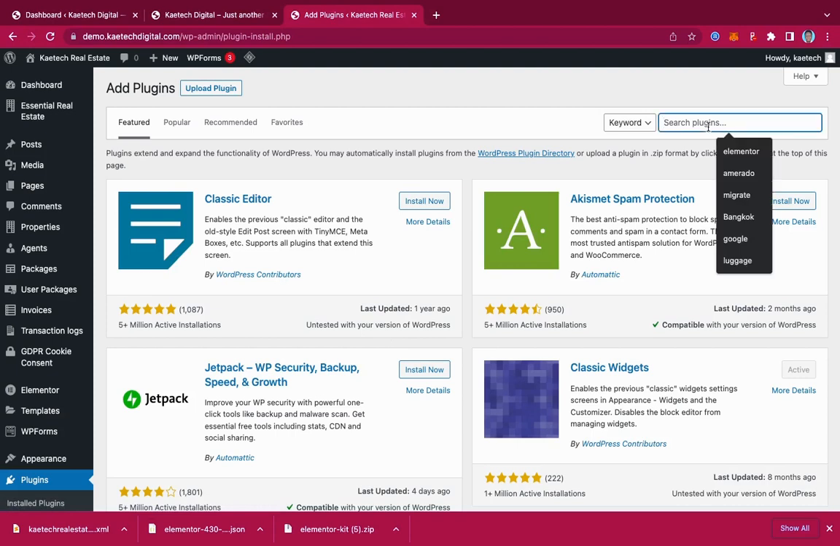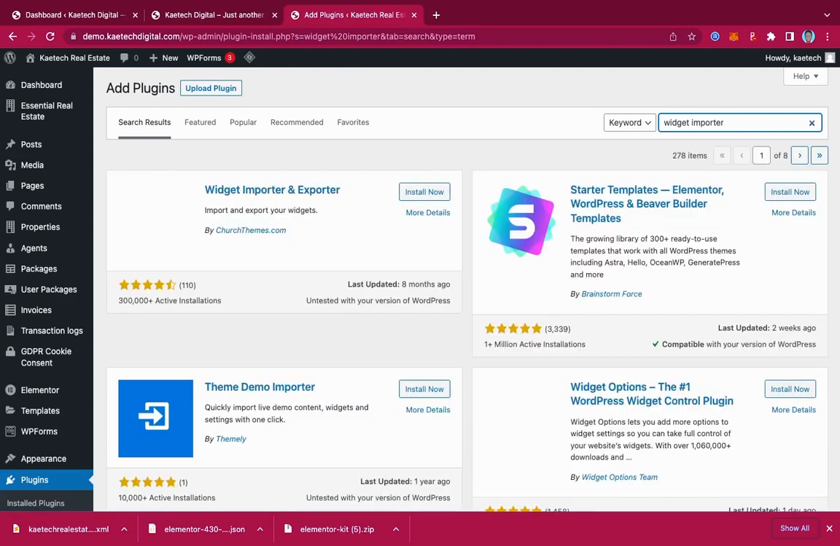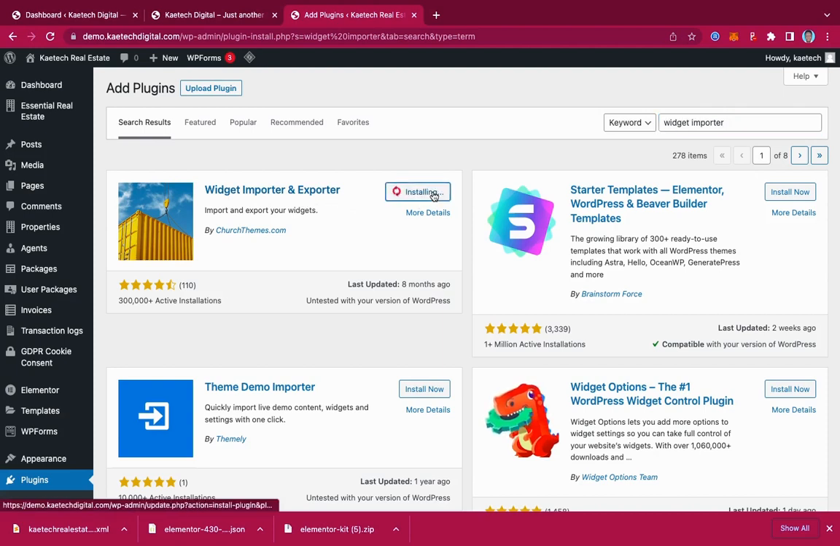Okay, so we're going to search for widget importer and then exporter. This one over here. As you can see, we have widget importer and exporter. Just click on install now over here, and then we also install another one which says